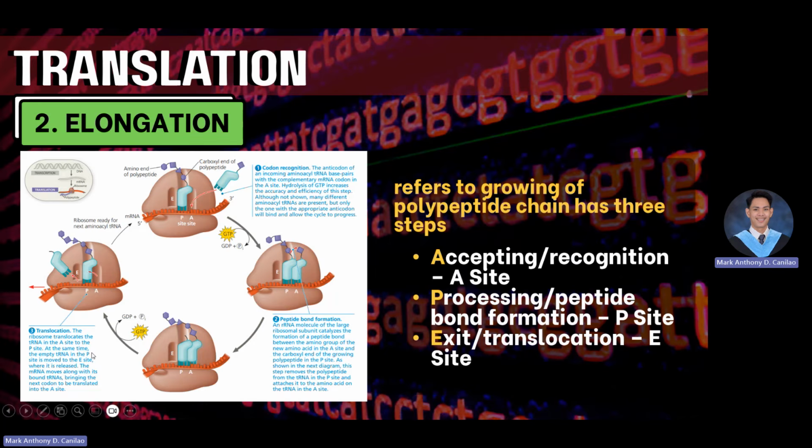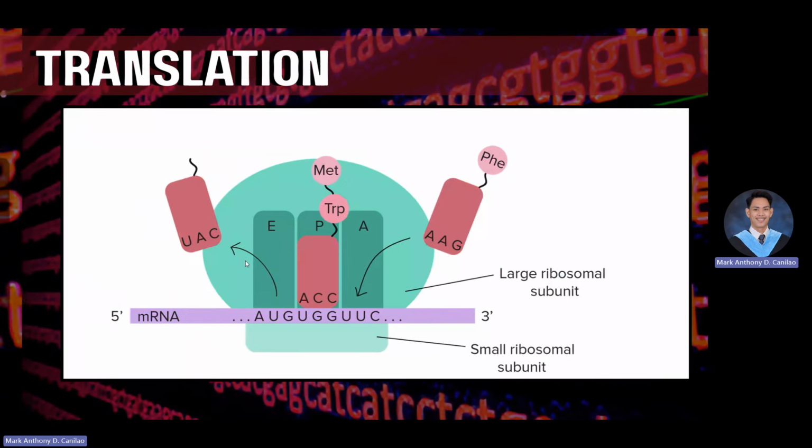You might be wondering, what happened to the tRNA when it no longer carries an amino acid? So, it will be replenished again. So, when we have a diet, when we eat protein, of course there will be amino acids that will be replenished. And the cycle continues. tRNA again will go to the site where it is needed. So, that's all there is to elongation.